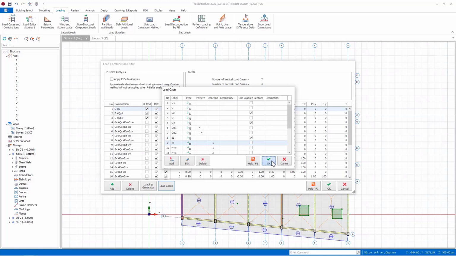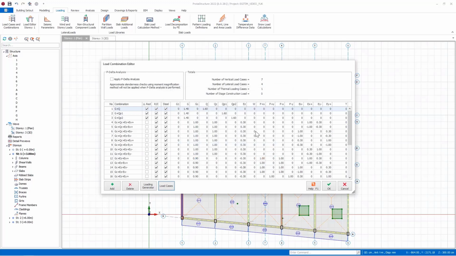When you create user-defined vertical or horizontal load cases, these load cases are not automatically included in the combinations. You will have to manually edit the existing combinations to include these load cases. In addition, if you create a new bag with Load Preparer, the user-defined vertical and horizontal load states will be deleted, and Protostructure will allow you to transfer the loads assigned to these load states to a new load.